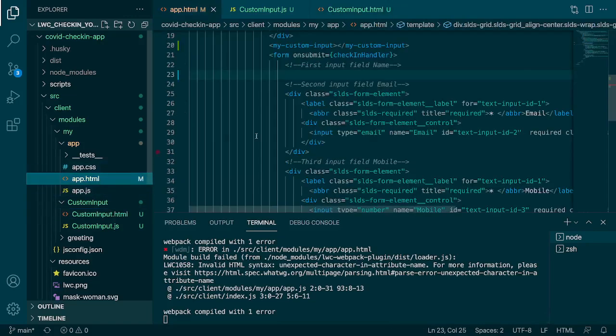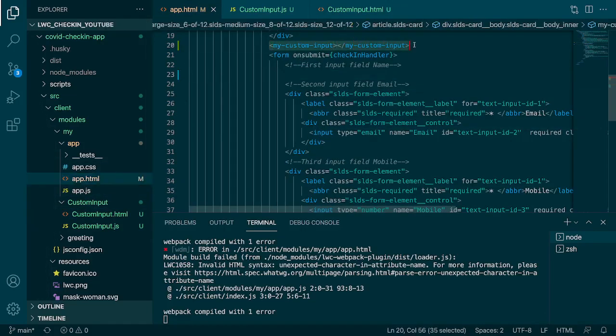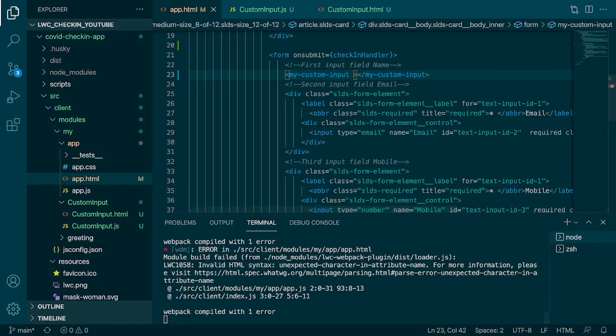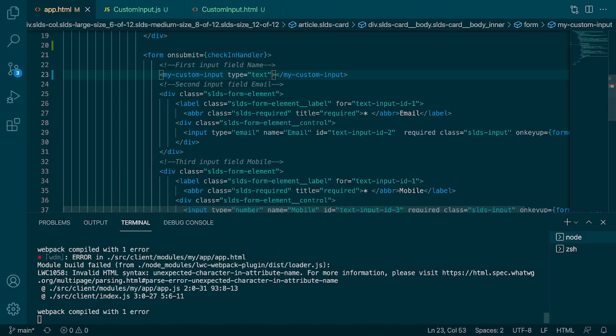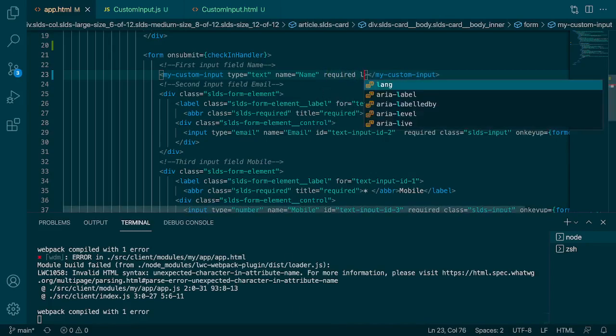Let's pass the values from the parent, and to use this, I'll cut and paste my first input here, and I want my first input to have the following properties. First is type equal to text, because we are looking for text. Then I'll just close this out. Then I am looking for the name property, name should be name. Then we have to pass the required, because it's a required attribute we have to pass. It will not assign any boolean, by default it's true. Then we have to pass the label, and here we'll say name,